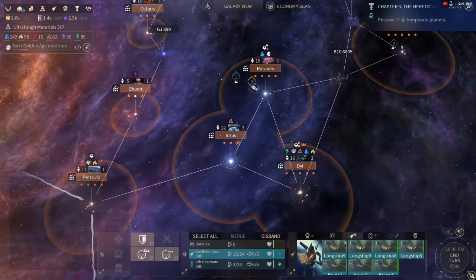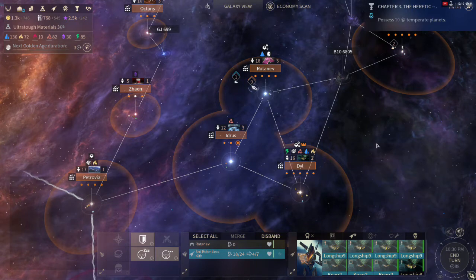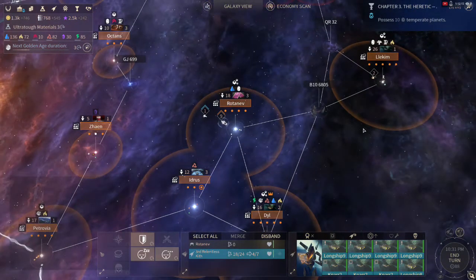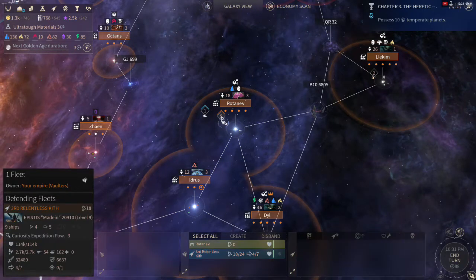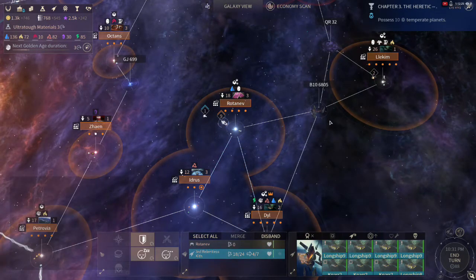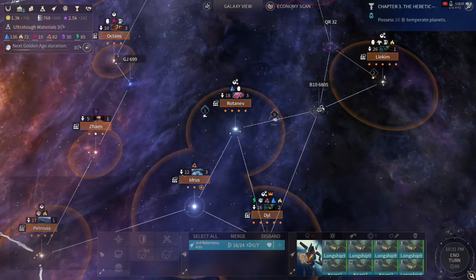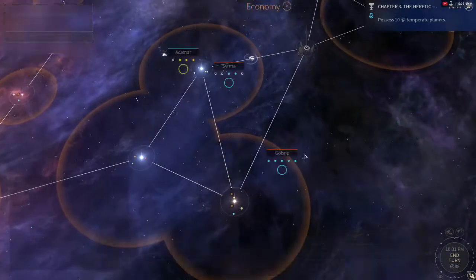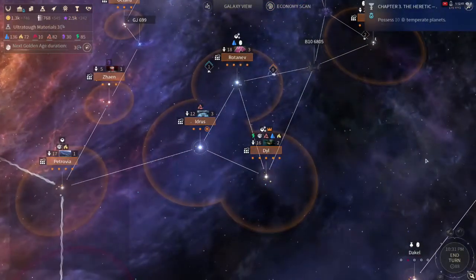We can merge these fleets together, upgrade everybody's ships, and now we're at 18 of 24. And this fleet should have a movement of 7. It does. So we can actually get some of our movement over here now. We're not quite close enough to that to see what's going on, but it is still showing a blockade right here. So...